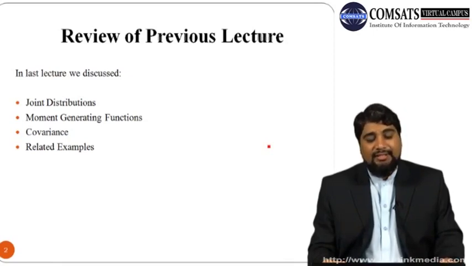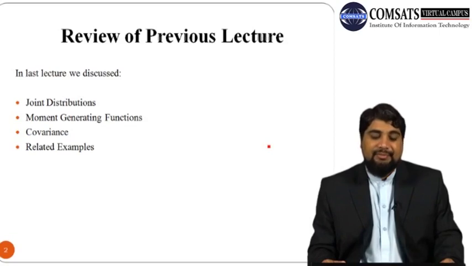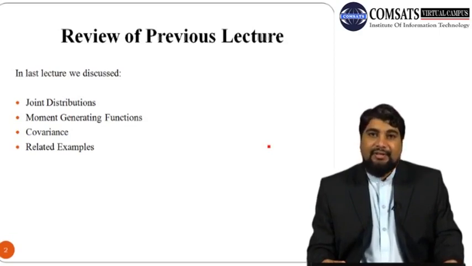And then in the last lecture we have discussed the concept of moment generating functions and the characteristic functions. So both are used as an alternative route for finding the properties of the probability distribution. But in some cases the moment generating function does not exist for some distributions. So in that case, in order to get the properties of the probability distribution, we can use the characteristic function as well.